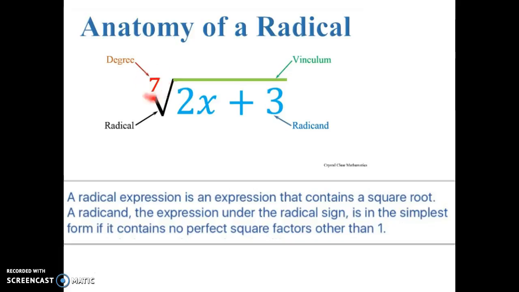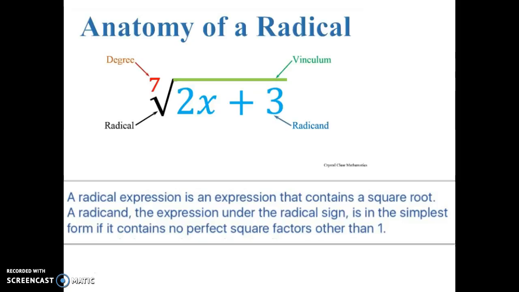The degree tells you to what degree you are rooting or doing the radical. If you do not see a number here, it is implied that it's to the second degree, or squared. If you do see a 3, a 4, or in this case a 7, it is to that degree. But if you don't see a degree, it is implied that it's to the second degree, which is squared or